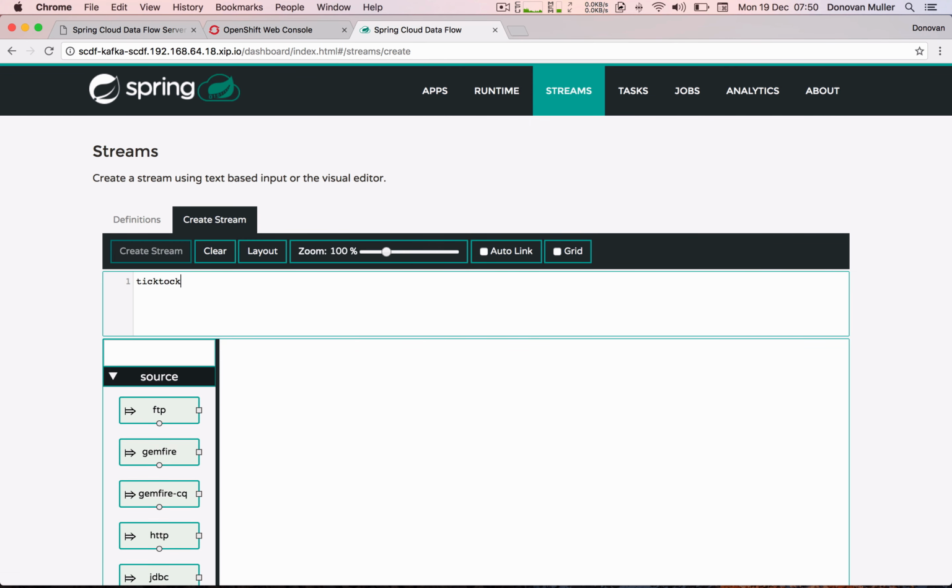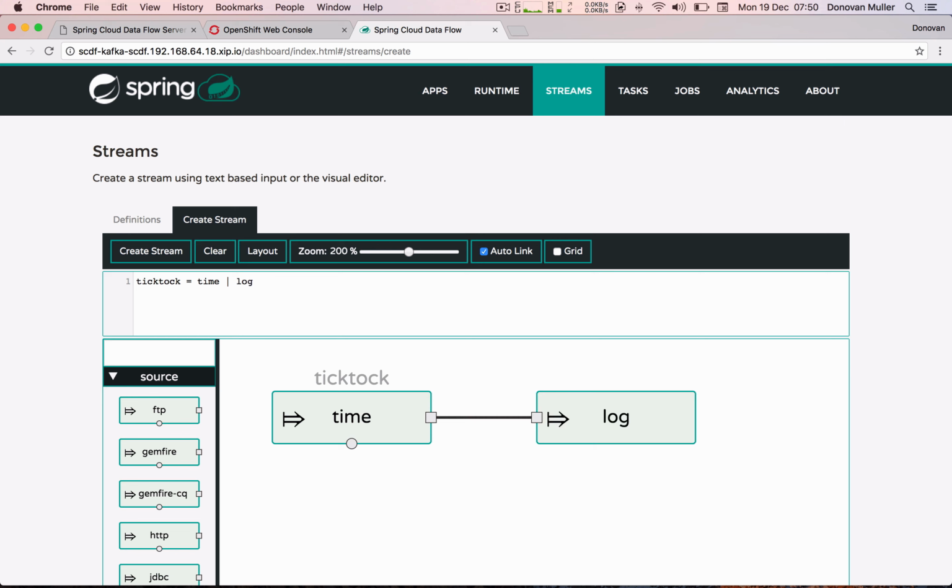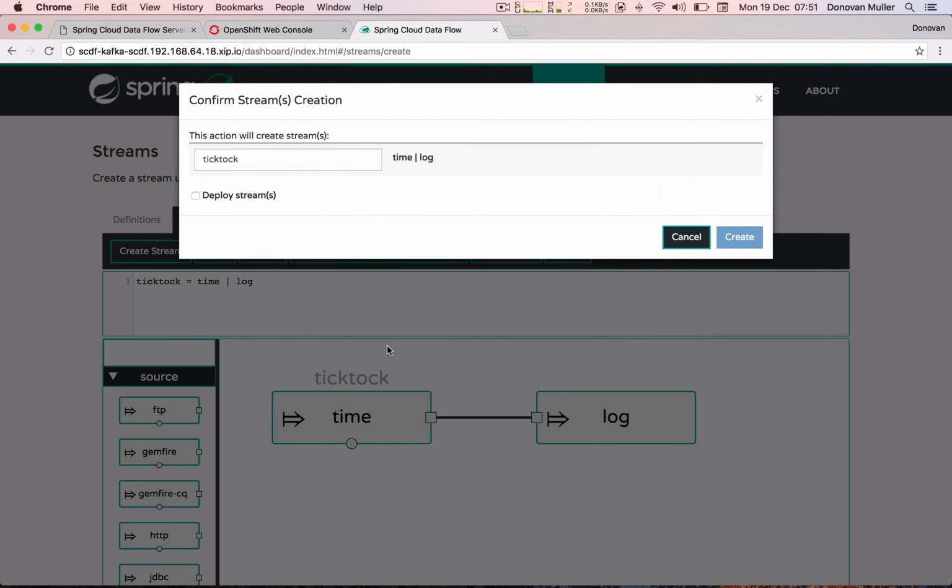We're going to call it ticktock, and we're going to do the time source, and we're going to pipe that to the log sink. So basically that's just going to tick every second, push the message across the binder to the log stream app, which is just going to log it. Click create stream. Nothing extra we want to add, no deployment properties, so we're just going to click deploy streams